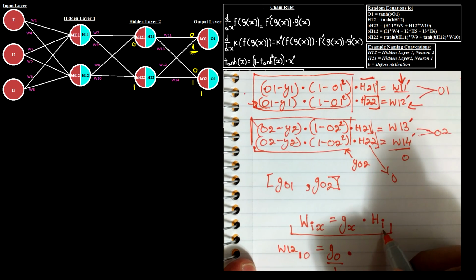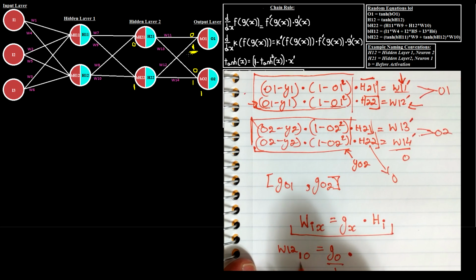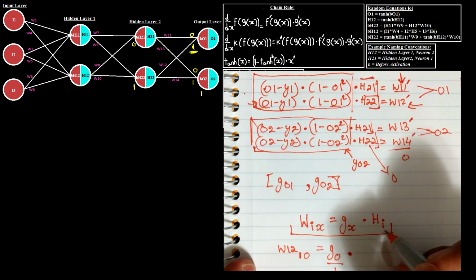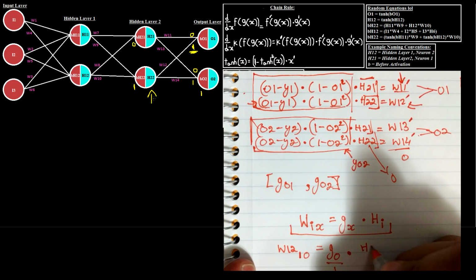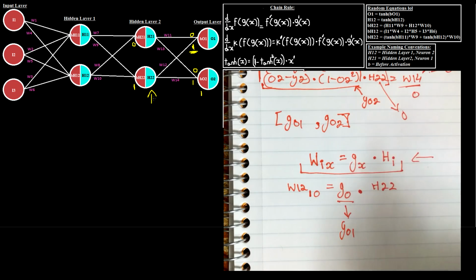Multiplied by h of I. So we said I is equal to 1. So what is the first index neuron in the previous layer? It's h22 right here, right? Times h22. With this formula right here, we can calculate delta values for any weight that we want in the